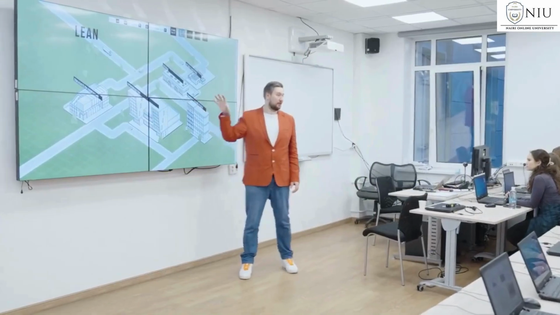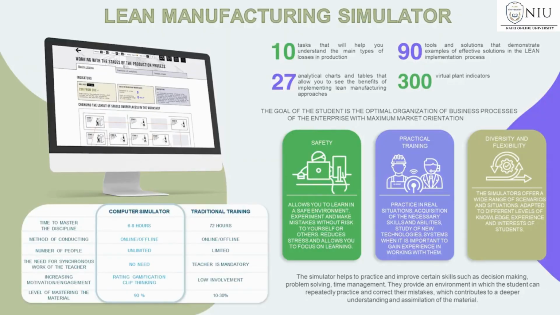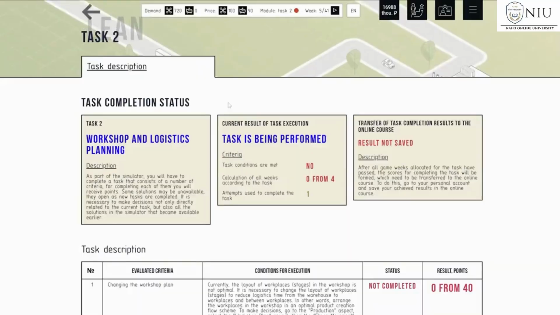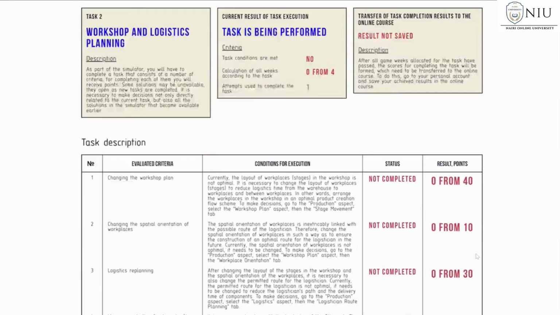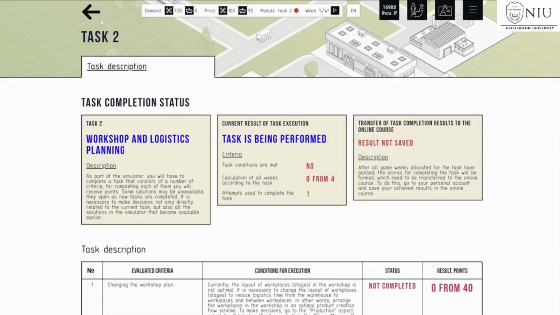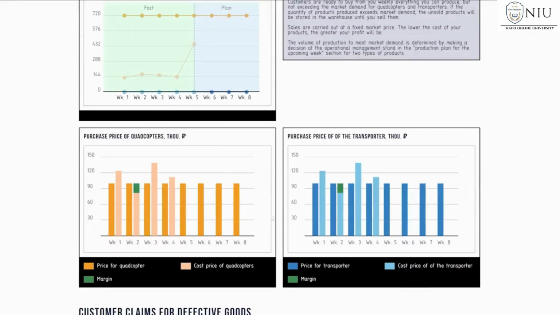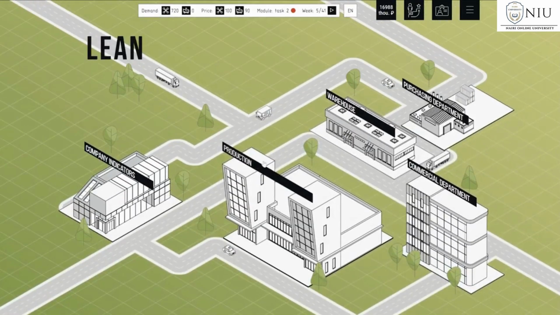In a world where production efficiency defines competitiveness, one question stands above all. Can your team make the right decisions under real industrial pressure? The Lean Manufacturing Simulator is more than a digital training tool. It's a controlled, risk-free environment where participants learn to see waste, optimize operations, and manage complexity, not in theory, but